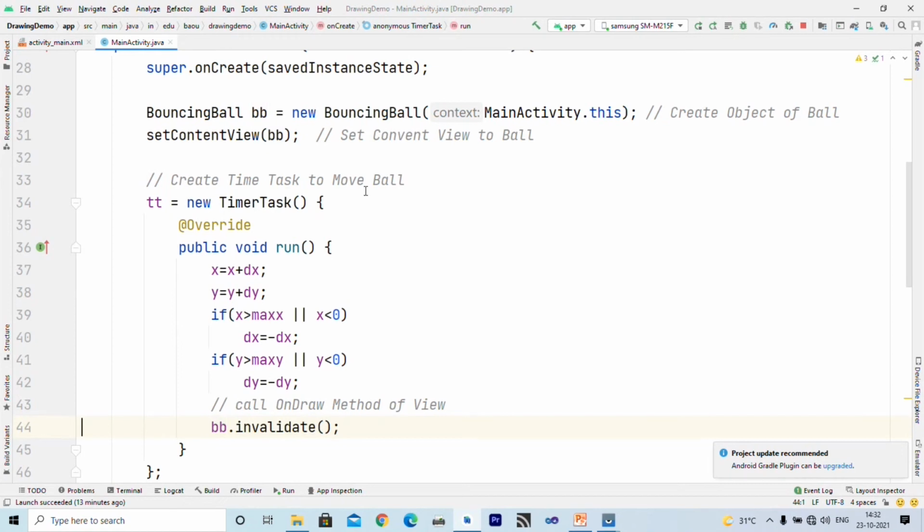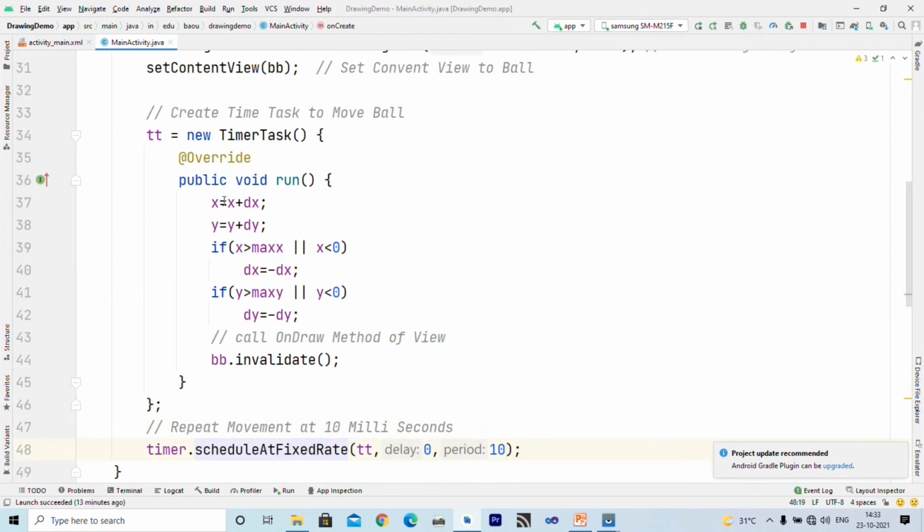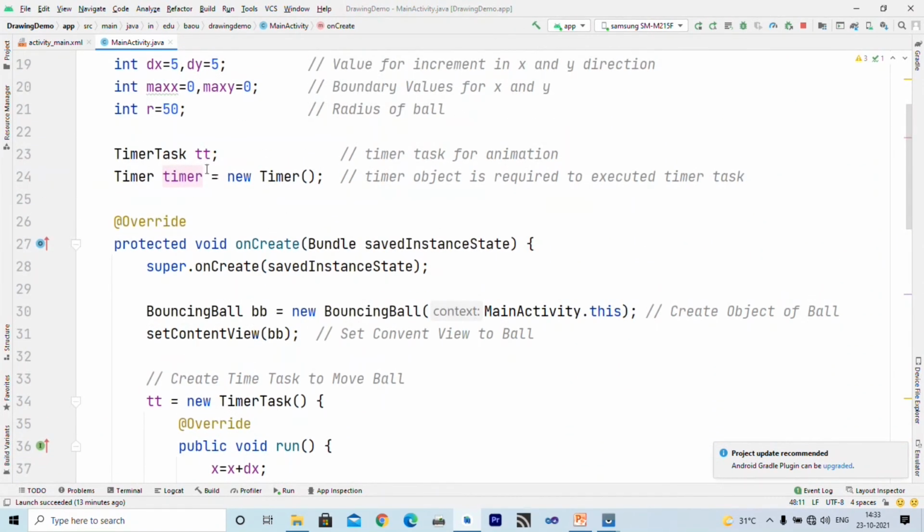Now this timer task is run using a Timer class object. This is the timer object that you can see on the screen. Here we have declared one timer object.